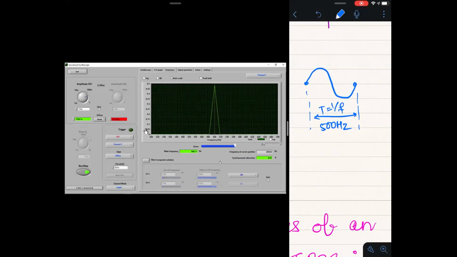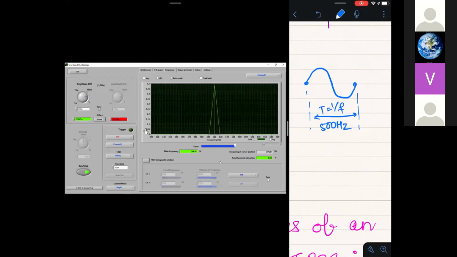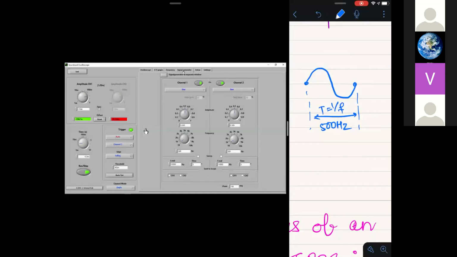As I told you, we can measure the noise from this dialog box, so we will try to do that. Now go to the signal generator. We are going to generate a signal which has noise. Deliberately we will put some noise on top of the main signal. Turn this off, so we generate the signal only on channel 1, and go to the formula.